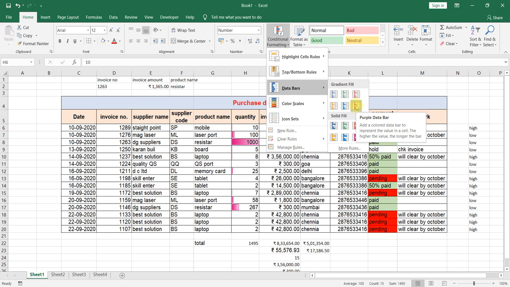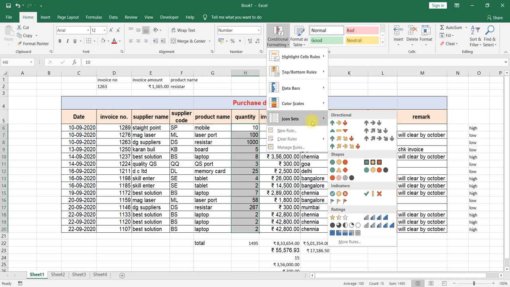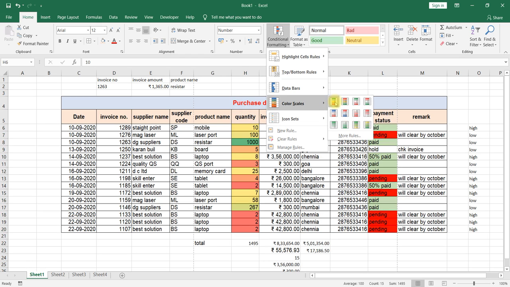Otherwise you can add stars or signals, any type of icons, based on the data in the selected range. These are the things you can use when required.